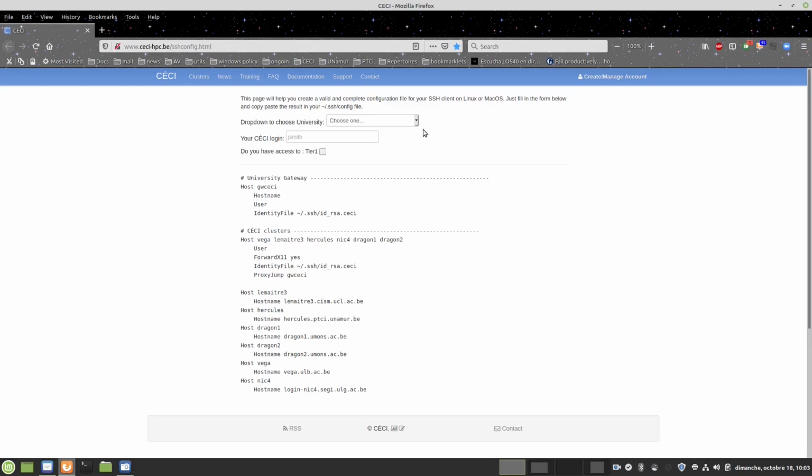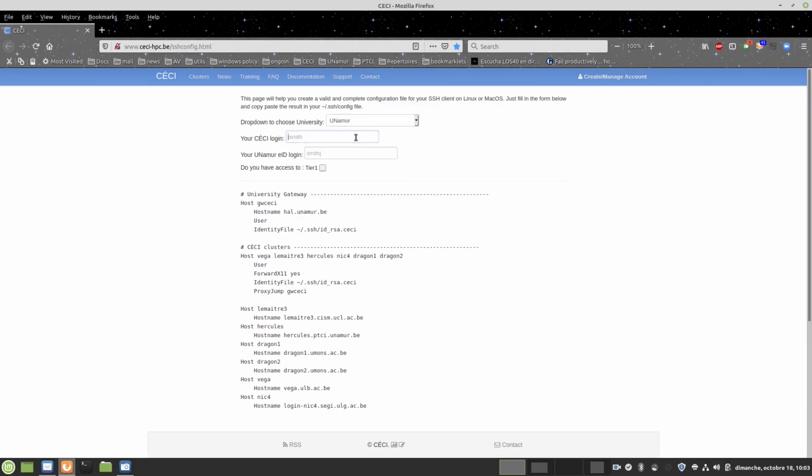Then go to the SSH configuration wizard at the CC website and choose your university. Set your CC login name and your gateway login.